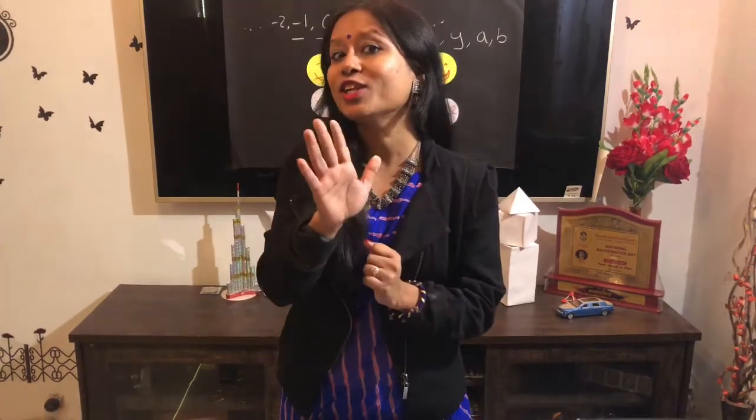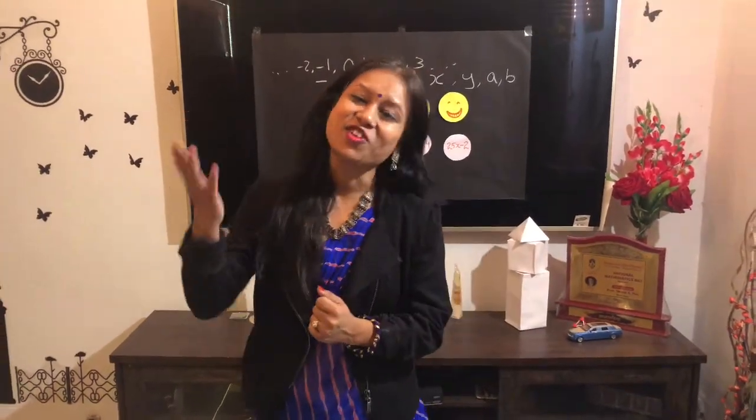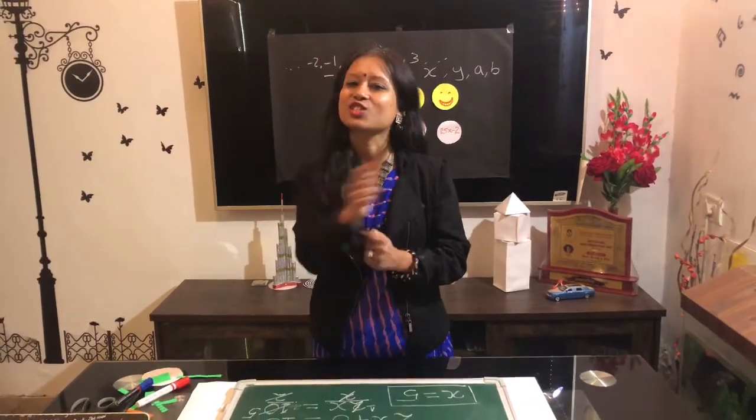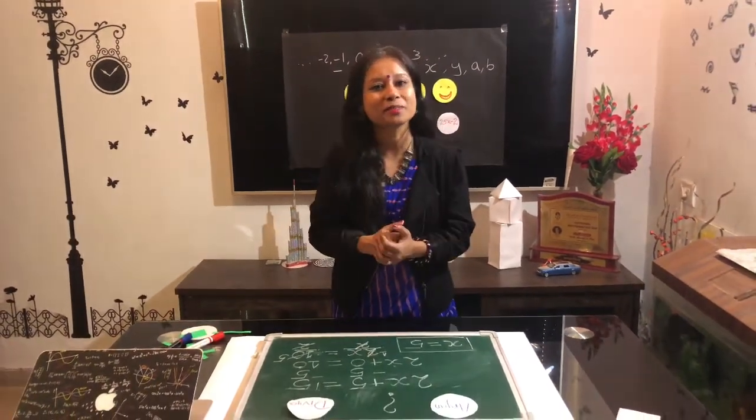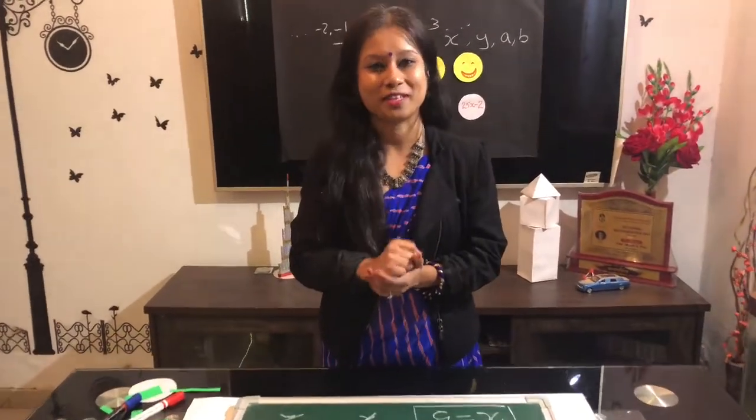Tada! So we have found out how many biscuits Divya ate and how many biscuits Aryan ate. Aryan ate how many biscuits? Did you find that? No, right? So we know that Aryan ate 5 more than Divya. And how many did Divya eat? 5. So 5 more than that is actually 10. So Aryan ate 10 biscuits and Divya ate 5 biscuits. So the mystery is solved. With the help of what have we solved this mystery? This is called a linear equation in one variable.